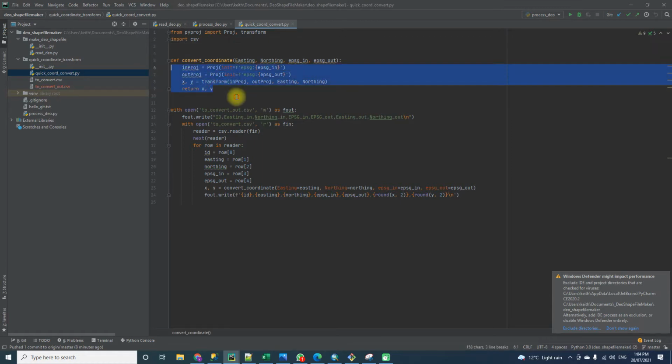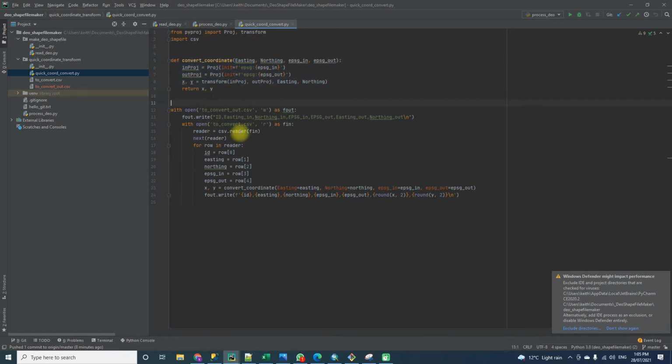It's got a little function which converts the coordinates. It takes in an easting and northing, and then their EPSG in and the EPSG out, and it sets the projections, and then it does the transform, and then returns the transformed coordinates. So just a simple function using the PyProj transform